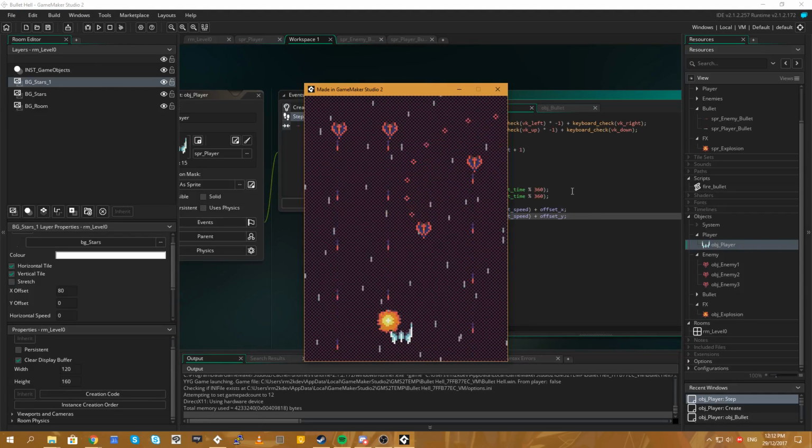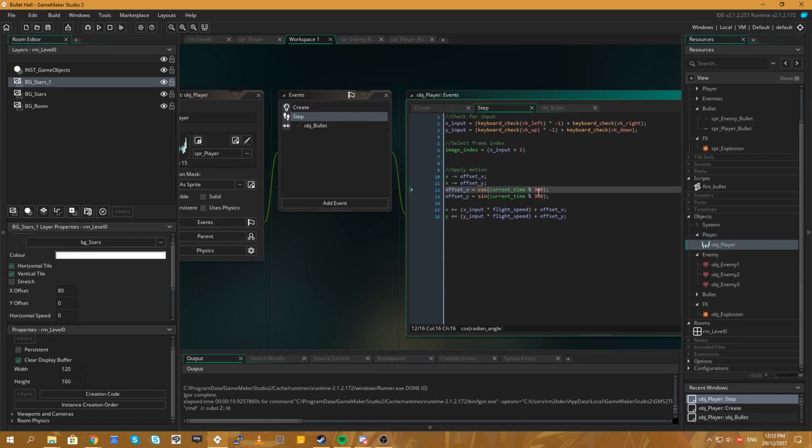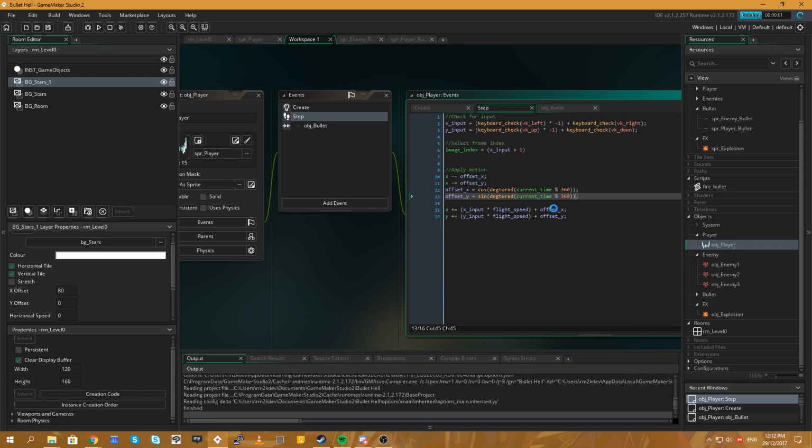Cos and sine take radians, not degrees. Alright. Degrees to radians. There we go. Deg to rad. There we go. Alright, let's have a look at this.